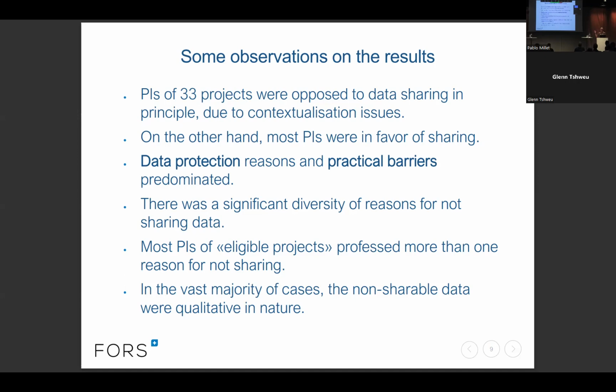You saw that in the codes. And most PIs of these eligible projects professed actually more than one reason. So they would not just claim one particular reason, but usually many for why they couldn't share their data. And finally, in the vast majority of cases, the non-shareable data were qualitative in nature. And probably that's not surprising to most of you who have experience in this domain, but we're going to address